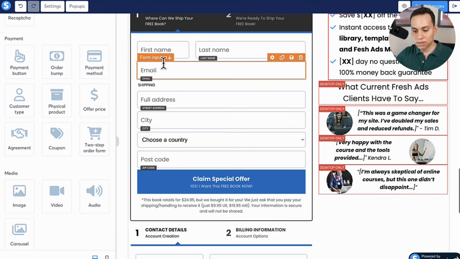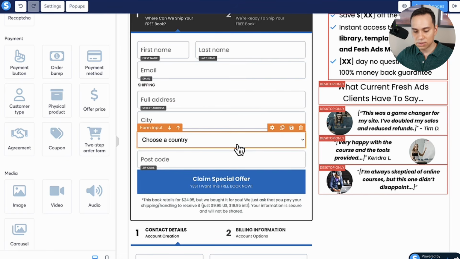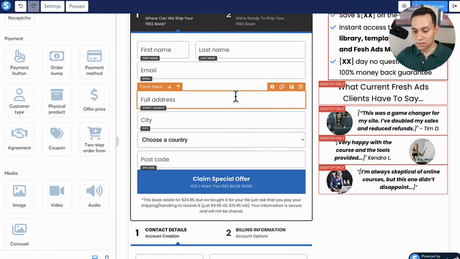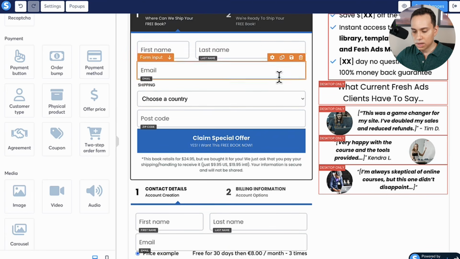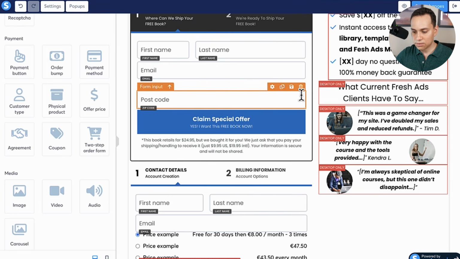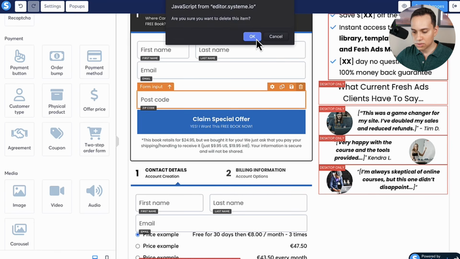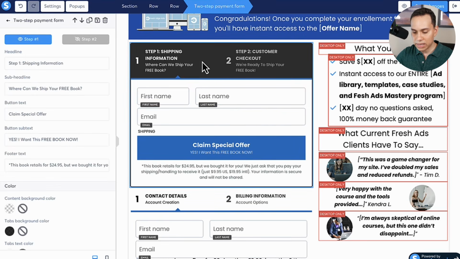So the first thing we're going to do, take out all the stuff we don't need, right? We don't need the shipping address, city, state, postal code, unless you're actually physically shipping something. But for us, this is a digital product or even services, you don't need it. So we just go ahead and delete all this information. Just like other parts of your sales funnel, the more information you ask for, the lower your conversions will be. So I'd go ahead and just leave first, last name, email,